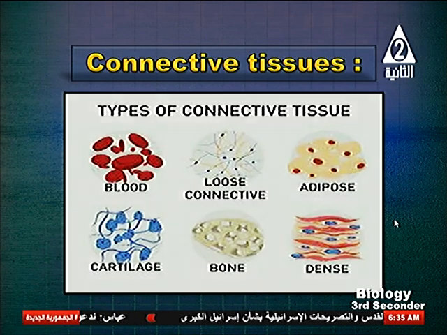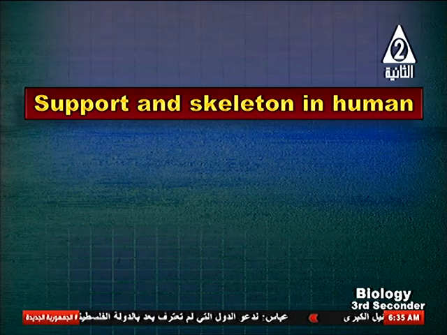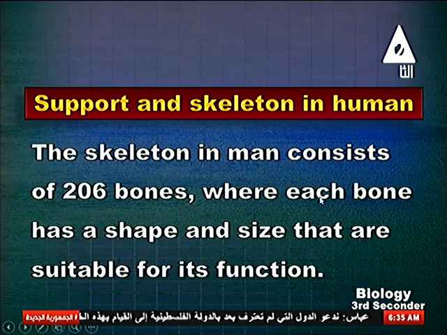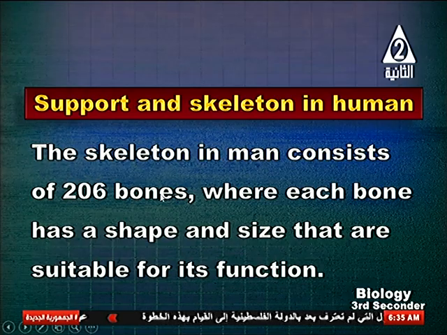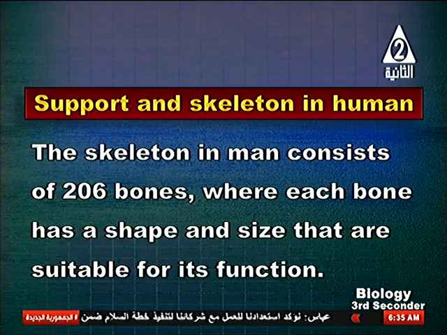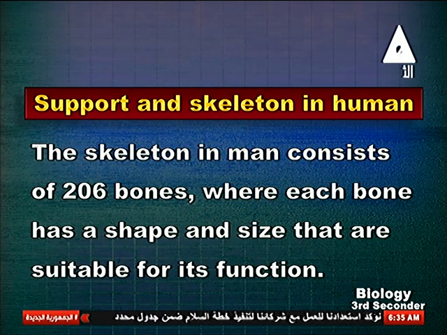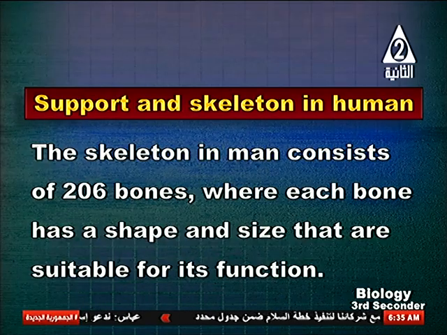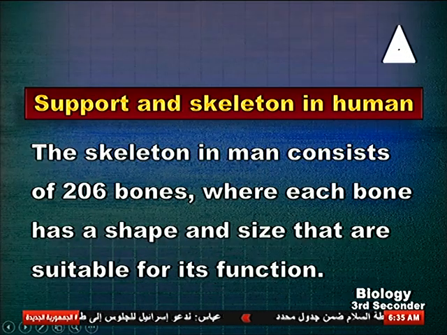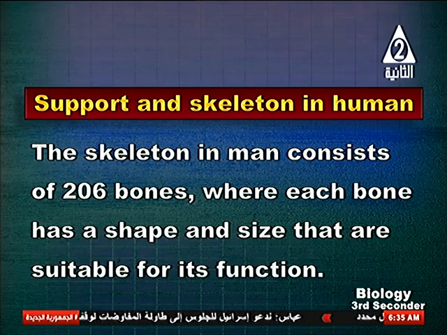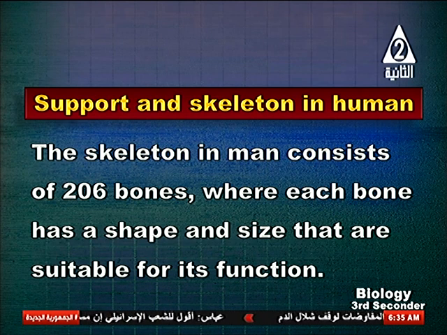Okay, now let's study the support and skeleton in human. The skeleton in human consists of 206 bones. The skeleton consists of 206 bones in adult men. The newborn contains more than 206 bones. Again, the newborn contains more than 206 bones, but as the baby grows, some bones fuse together to make one bone,